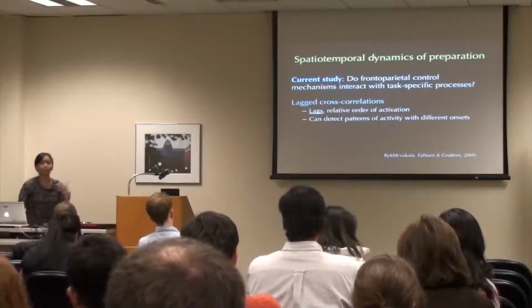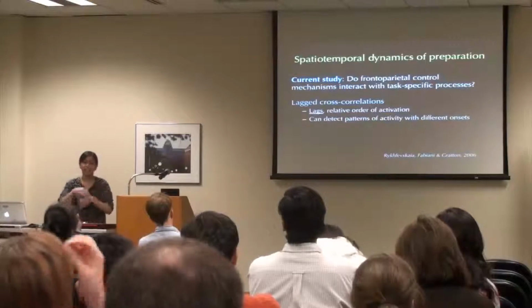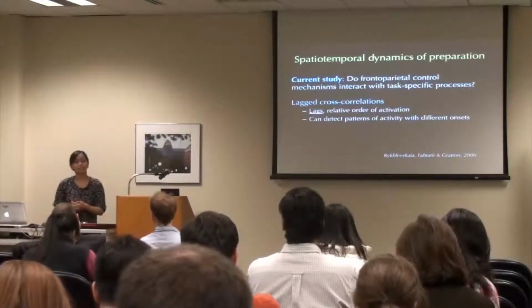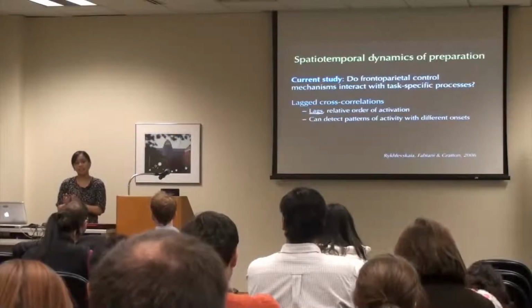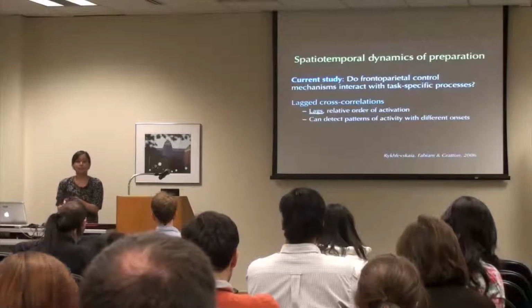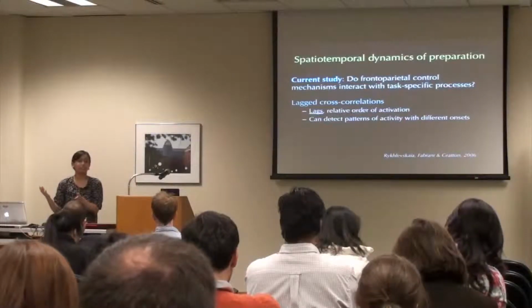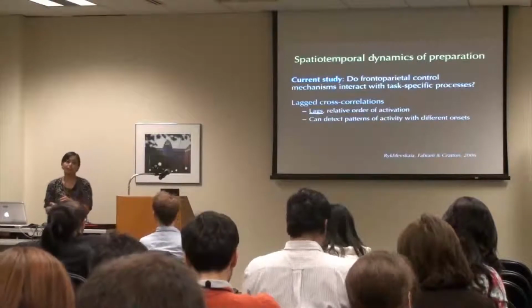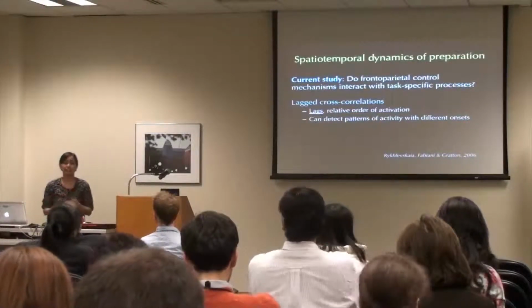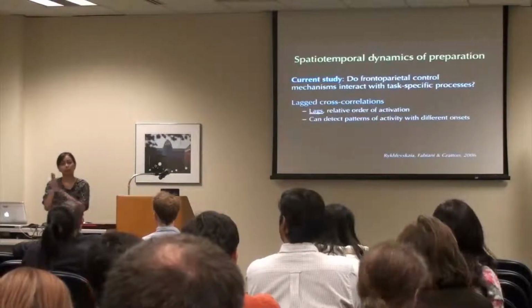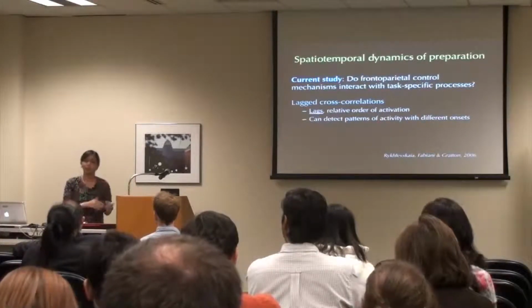So cross correlations can also be powerful because they can detect patterns of activity. And in typical neuroimaging and cognitive neuroscience experiments, you have the case where activity is lined up across the same time points. So if you have subjects that start processes at different times, that activity may not sum up and it may get washed out or not easily detected. Whereas for cross correlations, it doesn't matter as much where the activity starts as long as there's some consistent pattern.